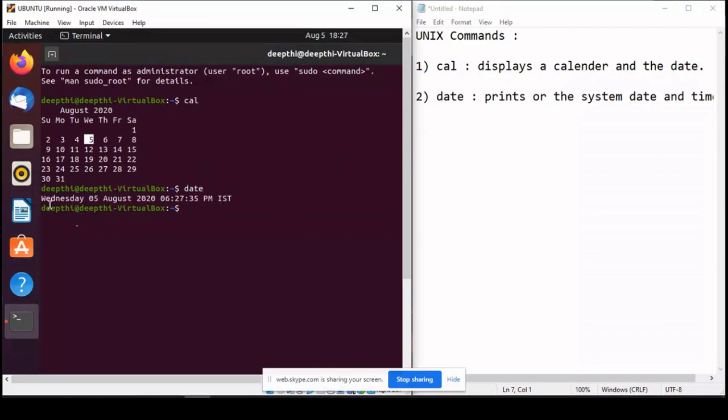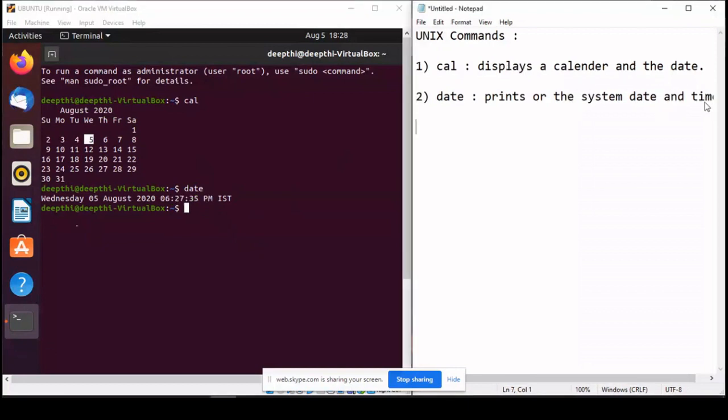Now, we can see that today is Wednesday, and the date is 5 August 2020, which it is picking from the system. And it is also telling me the time, 6 hours, 27 minutes and 35 seconds PM. So again, this time can be picked from here, right? So this was all about the date command.